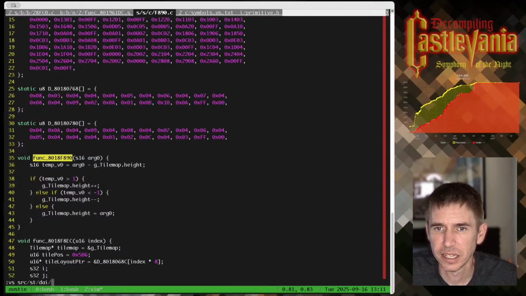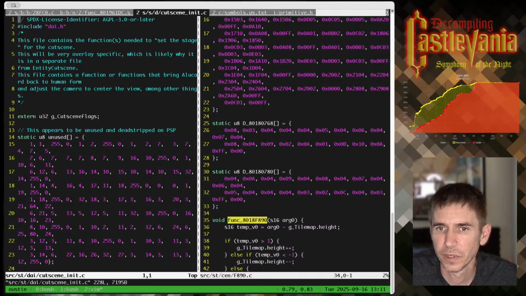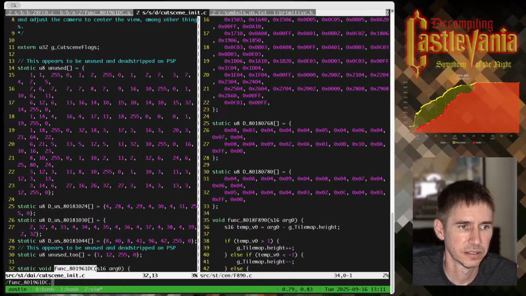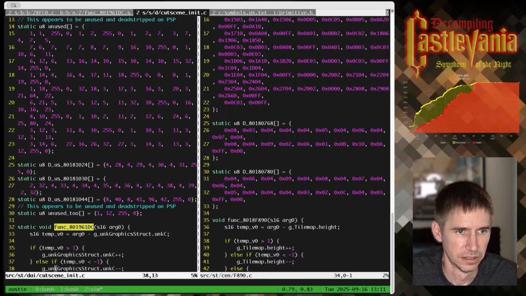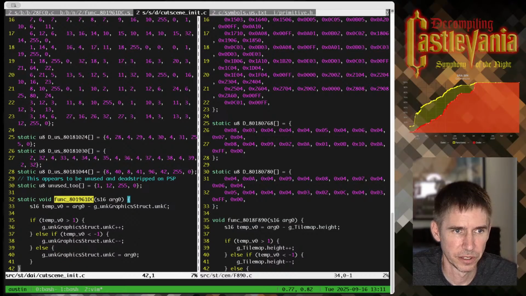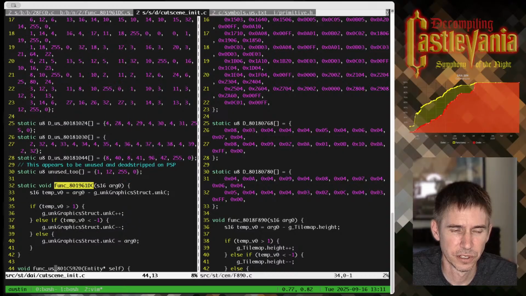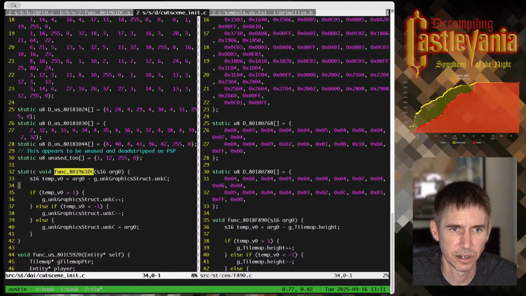Let's look at DAI. They call this cutscene init, which is probably a good name for this file. I like it. What I'm trying to figure out, oh, it's coming from another place, unknown graphic struct instead of tile map.